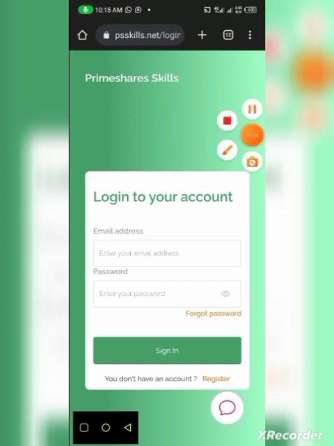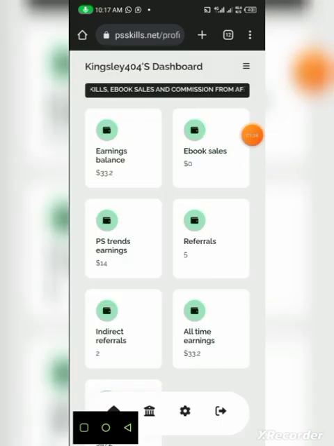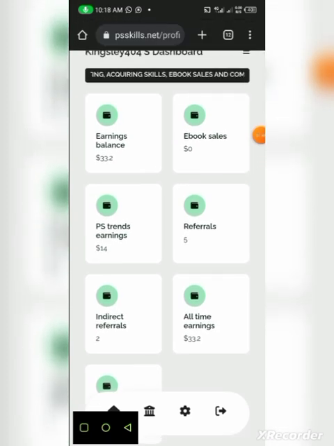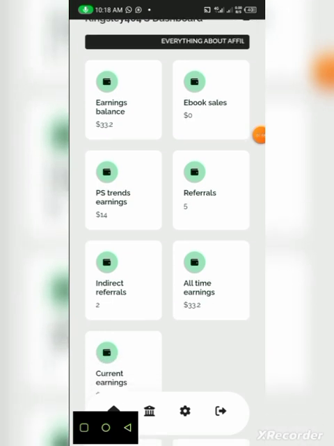Now, let me log in and show you guys how to withdraw from Primeshare as an affiliate member. So guys, this is the interface or the homepage of Primeshare. If you are due for withdrawal, for non-referrals, the minimum withdrawal is $40. For an affiliate member, you can withdraw as low as